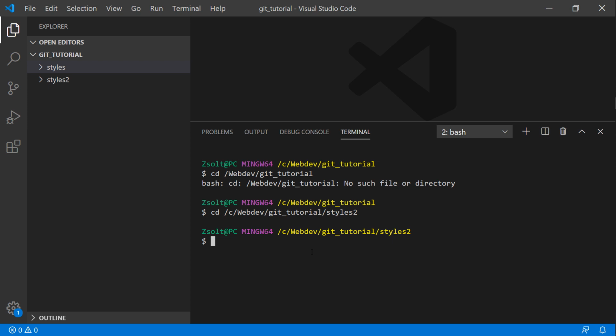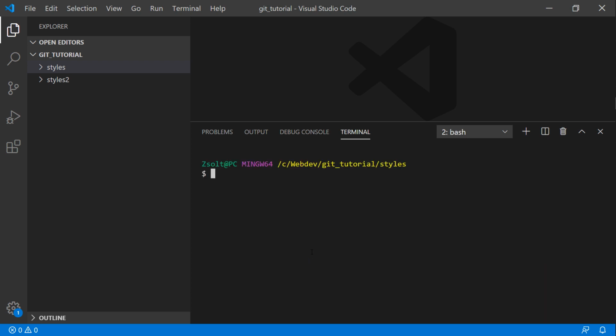If you want to go to styles from styles 2, then you just do cd ../styles. This is gonna be important once we create HTML files and reference CSS files, for example, because we will do relative references for now, because we are not running a web server here. Now that we're done with the basics,